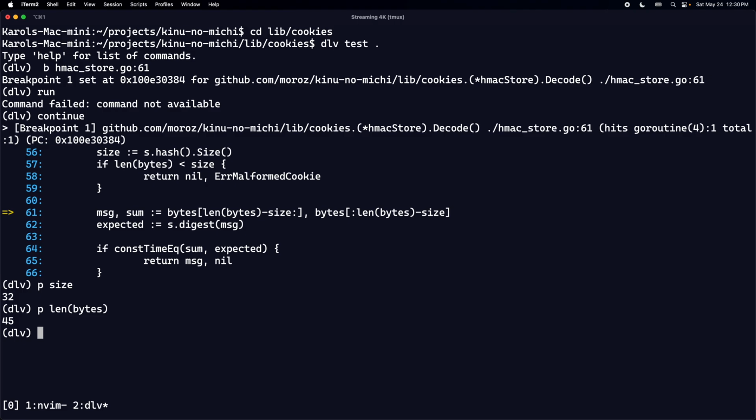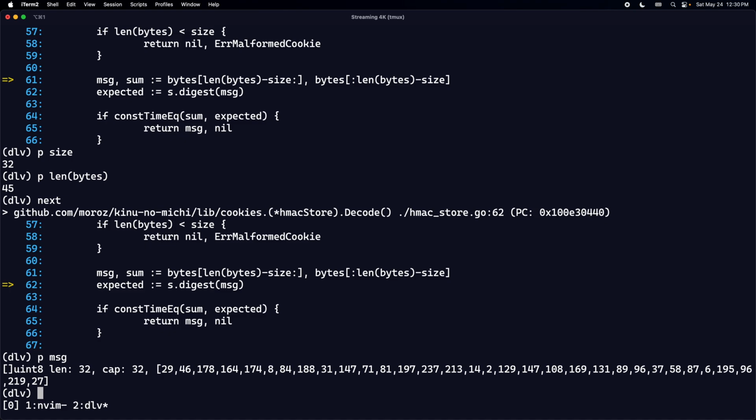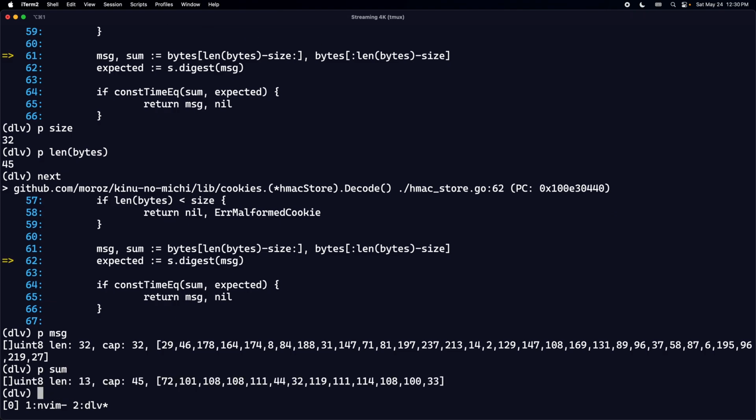It's 45. Okay, so next, and then print msg. Okay, I think this is kind of incorrect for some reason. What is the size of sum? Okay, I think for some reason we